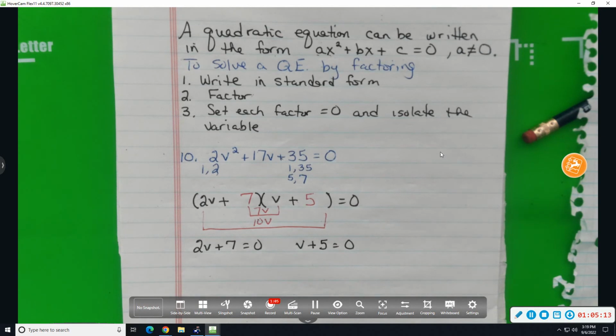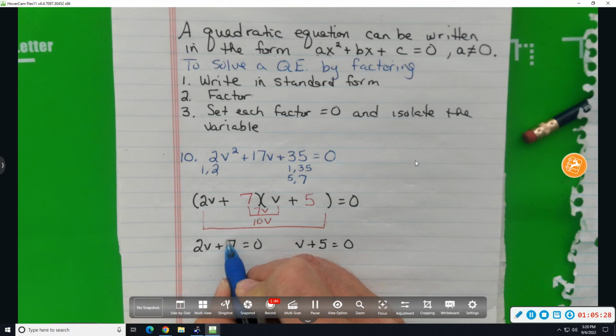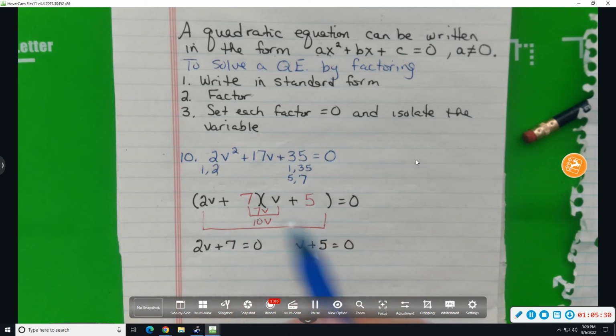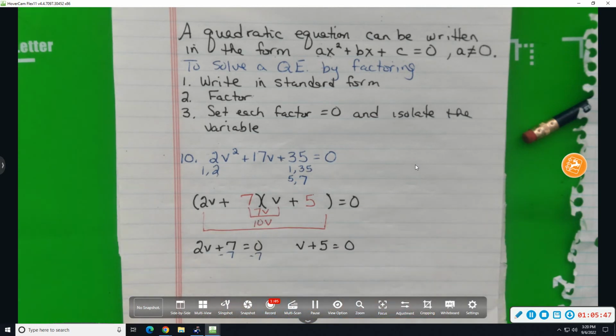That's where you do the opposite operation, beginning with addition and subtraction. Somewhere along the way, this is like one of the very first things you did in an algebra class. How do I go about getting this v by itself right here? But I generally do the addition and subtraction before the division. There's nothing wrong with dividing by 2 first, but you might get more fractions than you want. You'll pick up fractions. I'm going to subtract 7. The opposite of adding 7 is subtracting 7. And then,